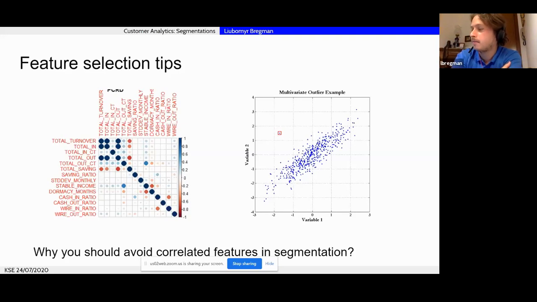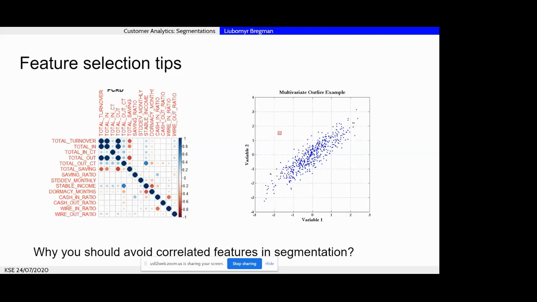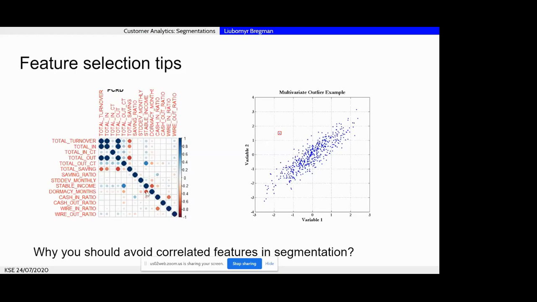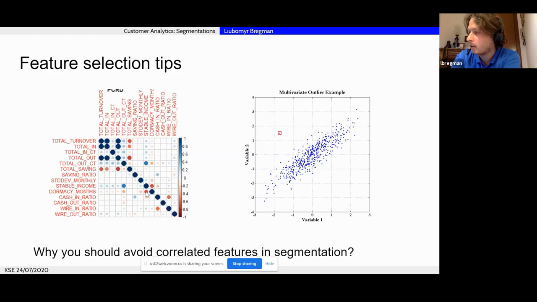What else? Dormancy months and stable income also. Yeah, there's a red dot there. It's a strong negative correlation, and maybe it even comes from the way these features are calculated, but absolutely correct.